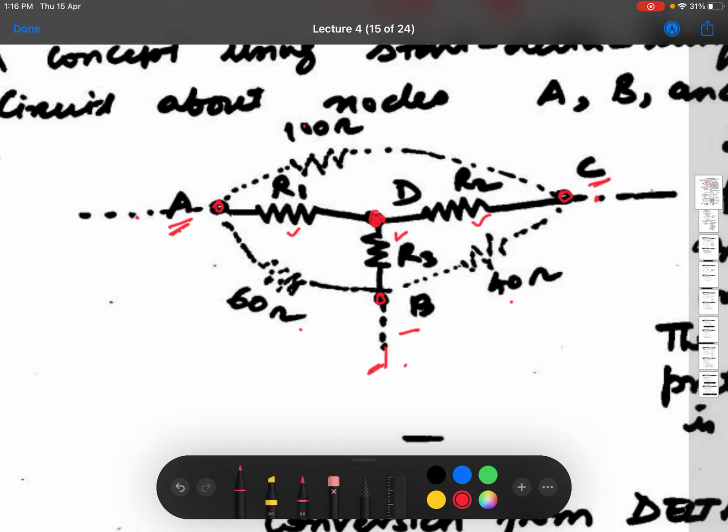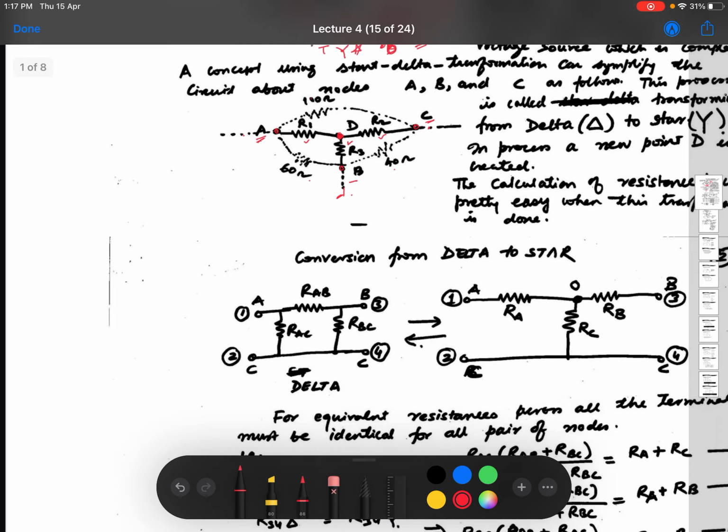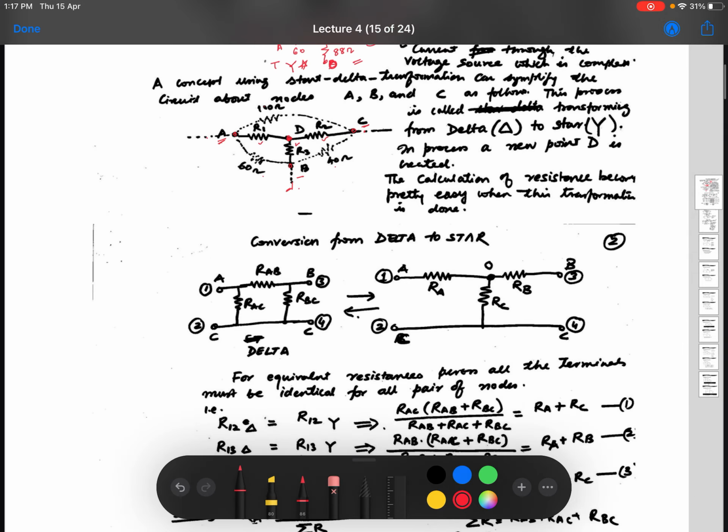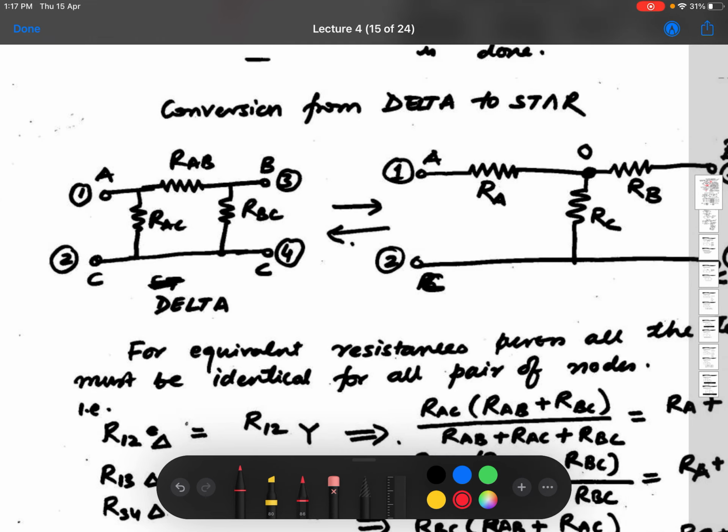each other. Okay, so if I see from B to C, I get the same set of resistance regardless of what is inside, I don't know what is there inside. From outside, if the resistances come out to be the same, then I say these two circuits are equivalent to each other. Okay, so let us see how we do that equivalence here.